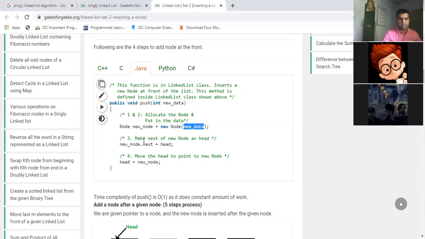Now what is the next step? Make the next of the new node as the head. So the new node which you have created, dot next, represents the memory address of the next node. That becomes the head.